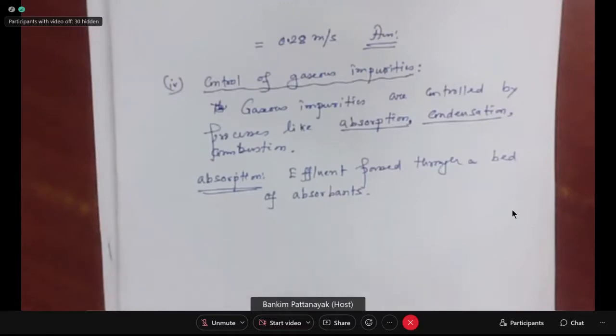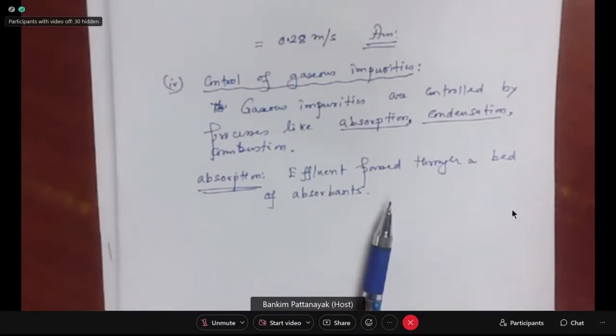Whereas absorption is used, for example, in the vapor absorption cycle of certain types of air conditioning plants, especially used in cold storage and so on. They use two types of refrigerants, one is ammonia and another is water. What is the basic element? It is that when ammonia is absorbed in water, then there is a heat